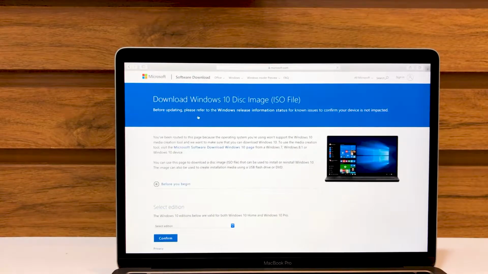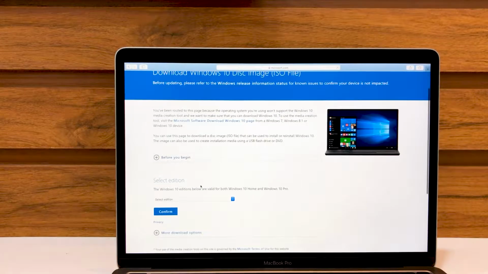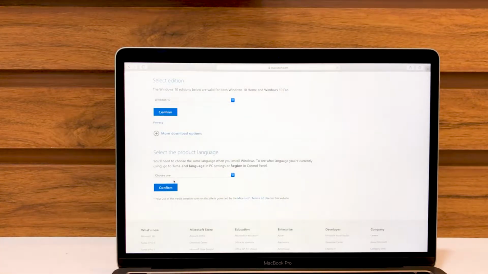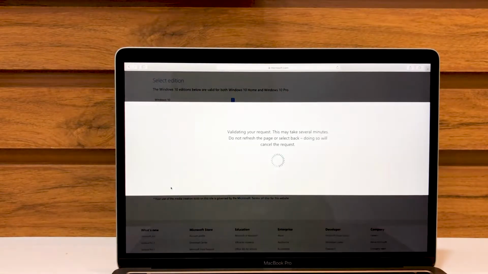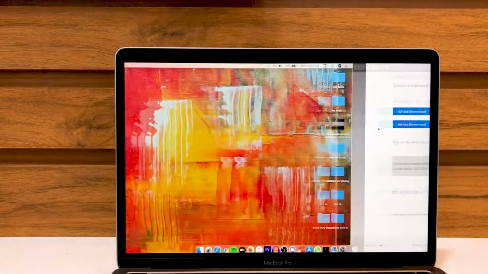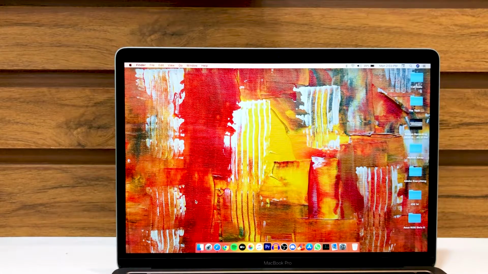Now here you have to select the version of Windows, which is obviously Windows 10, and then we have to select language, which in my case it's gonna be English, and obviously for most of you it's gonna be English. After selecting the language, you have to select between 32-bit or 64-bit operating system depending upon your system. Mine is 64-bit, and mostly for everyone it's going to be 64-bit, and selecting that it will start downloading the file. Now I have already downloaded the file, so I am cancelling it here and we're going to proceed further.